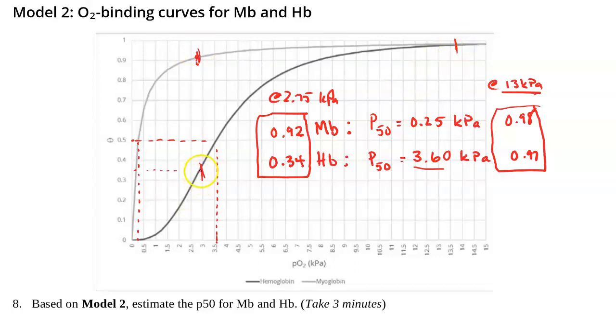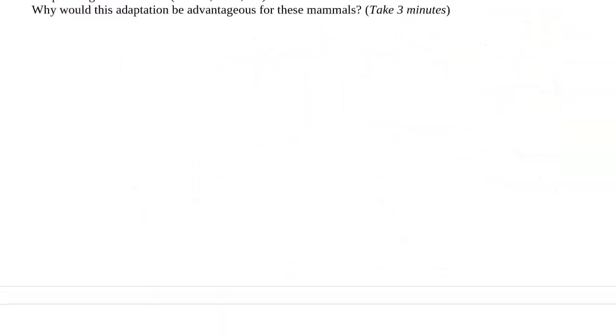Well, if you release it in the muscles, but you have myoglobin present there, it's able to bind to that oxygen and take it up. And then, of course, it depends on the relative amounts of those. So if you have a lot more myoglobin present, then it can bind a lot more of the oxygen as well. The fact that it binds more tightly than hemoglobin is going to be a good thing for its function because it will be able to take the oxygen that's released from the hemoglobin and take it up. So perhaps you have some good sentence written for that.